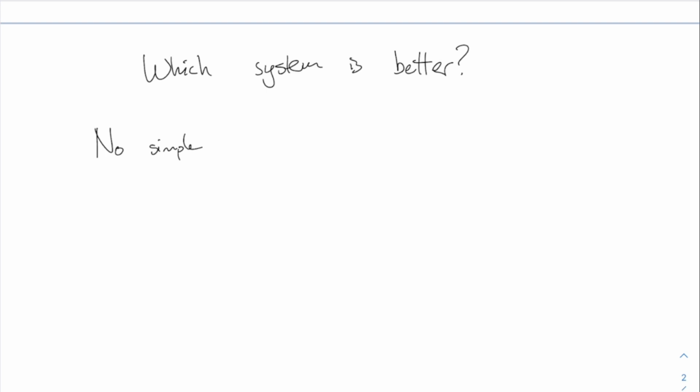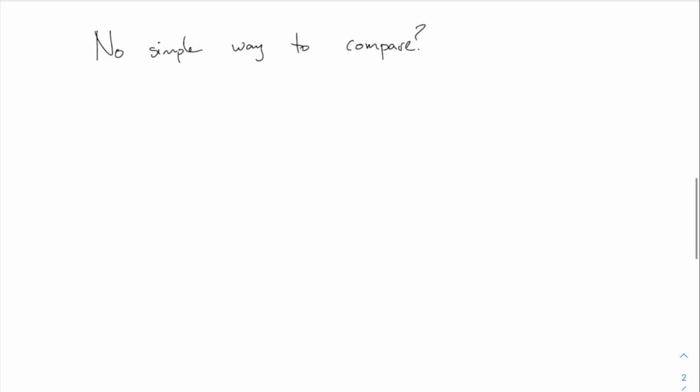You have to ask yourself, well, what exactly do I mean by better? What counts as being a good system versus a bad system? And there are many ways that you could try to formulate that way of thinking, right? There are many ways that you could judge one as being good or bad and compare it to another one. So actually, we'll discuss several